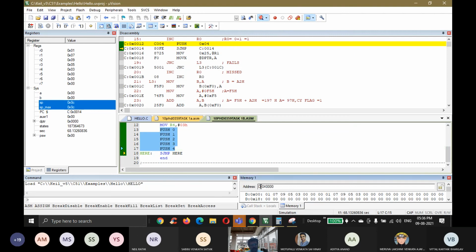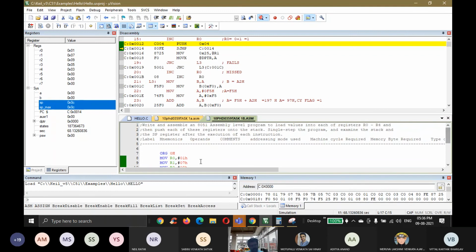No, sir, I don't know from that, I cannot calculate. Then you go to C register, C colon, and you can see all the values. What is the operation? You can see the program directly. 7801 means the first one, move R0 is 7801, then the next R1, then R2, 09.